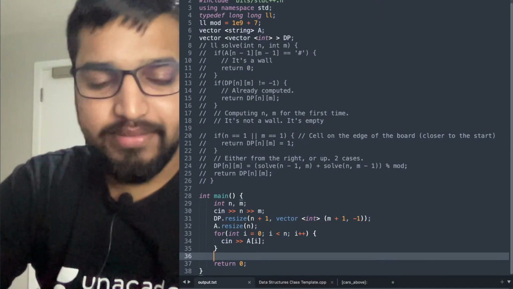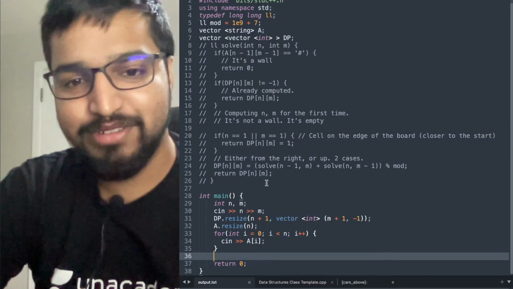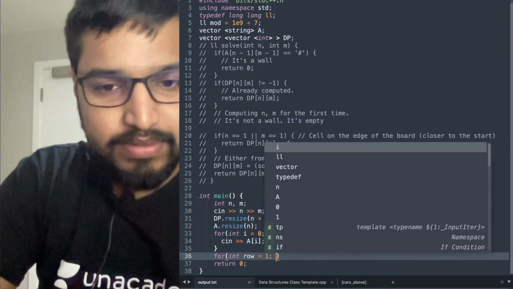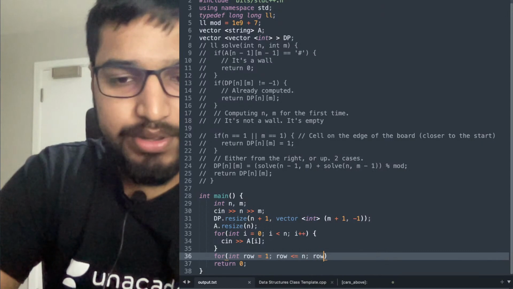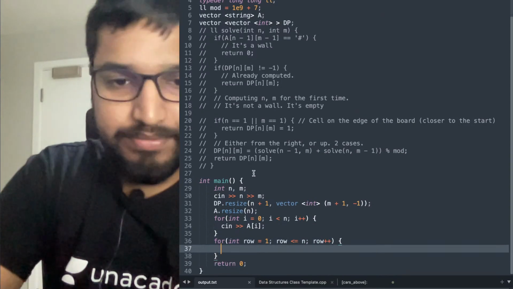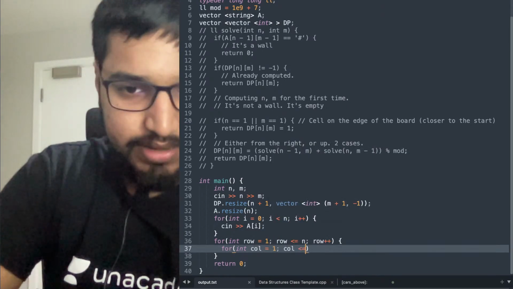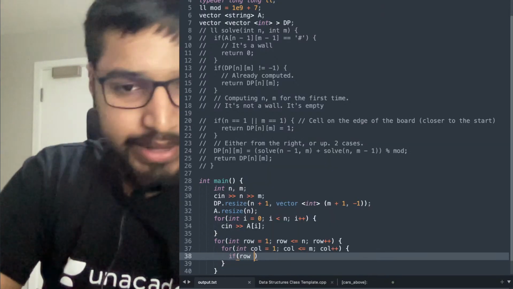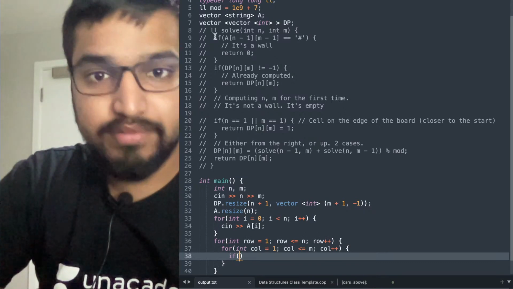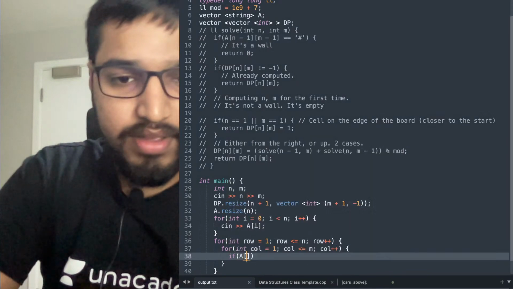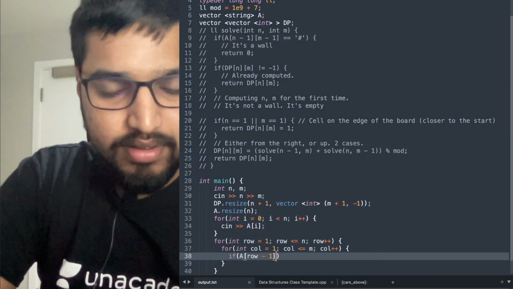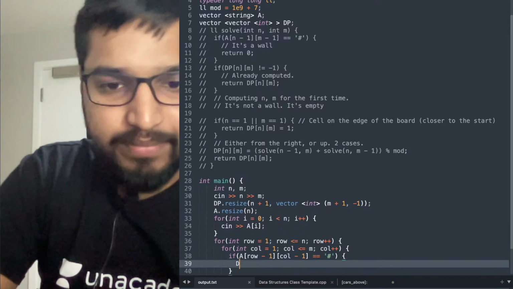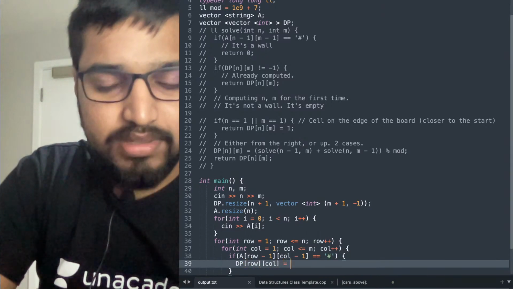Now, how do you do it iteratively? It's the exact same as recursive, but we just need to loop on our own. For int row equals 1, row less than or equal to n, row plus plus. Now for int col equals 1, col less than or equal to m columns, col plus plus. If row equals 1, first of all, the very first condition: if a of row, col minus 1 equals hash, meaning dp row col equals 0,